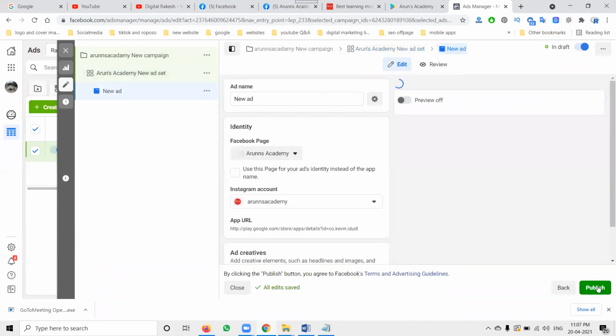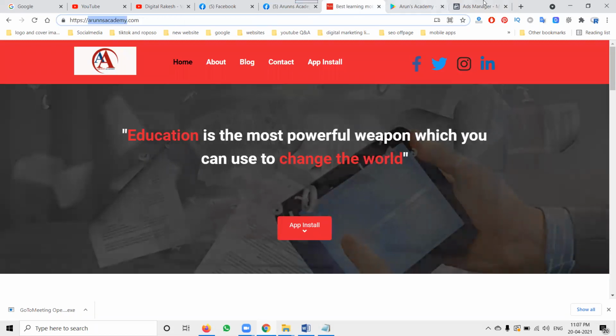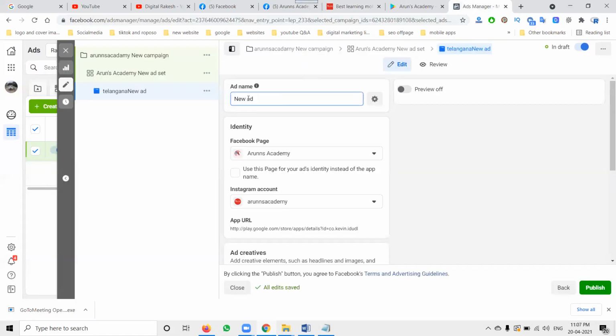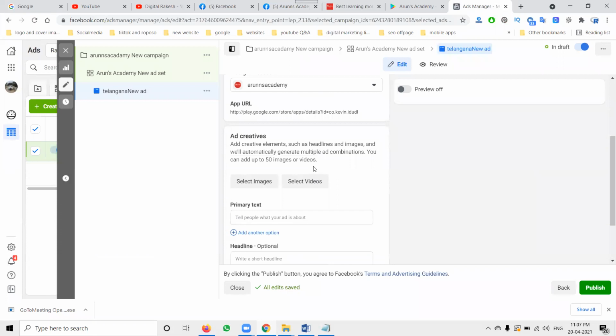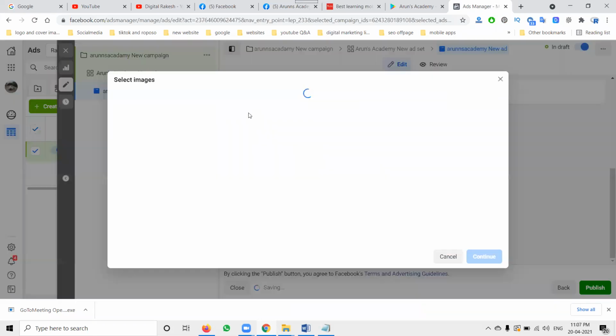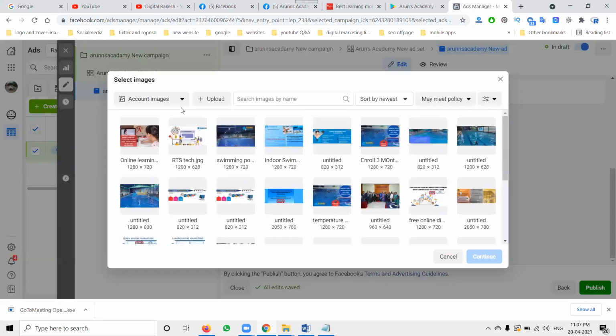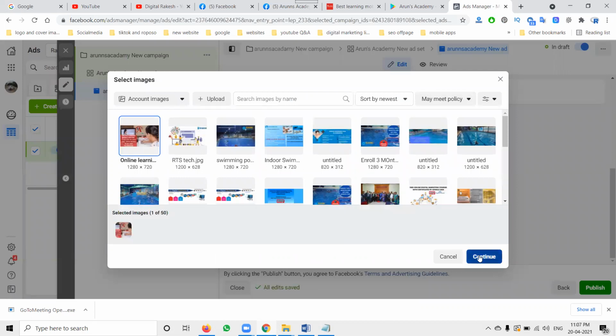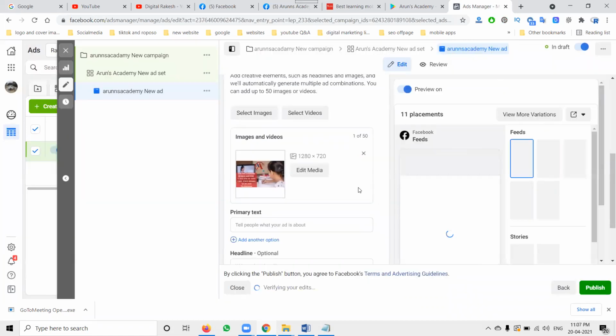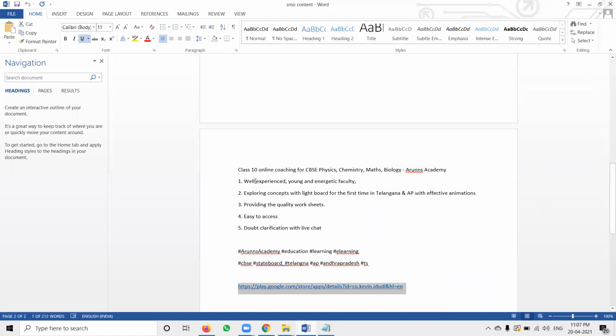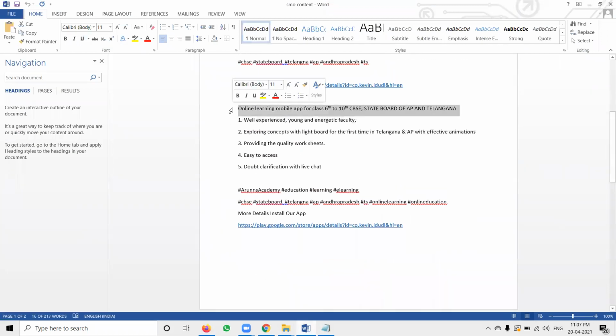Click next. Finally, you can design your Facebook page and Instagram ad. This ad will be useful for Facebook and Instagram also. Here select image and select text.